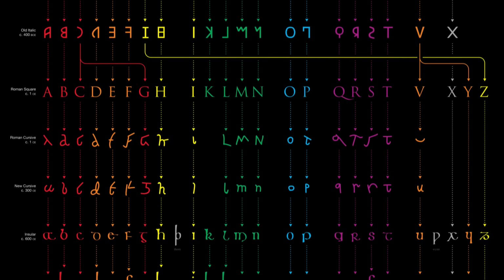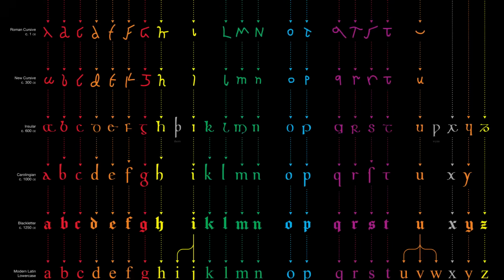Finally, I want to point out two medieval letters that once upon a time were used to write English, but are no longer a part of our modern alphabet. Anyone who has studied a bit of Old English is likely familiar with these. They are Thorn and Wynn, and in both cases, their letter shape was adopted from runic letters, as opposed to directly from Latin. Thorn was a th sound, and Wynn was a w sound. But like I say, these two letters were eventually dropped, although thorn is still used in Iceland today.